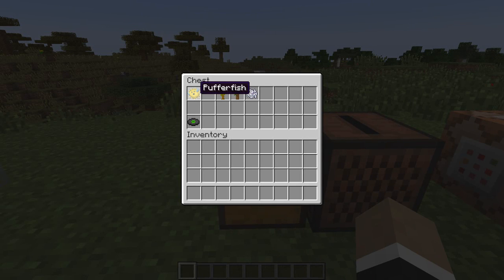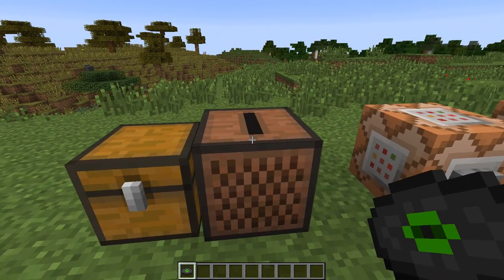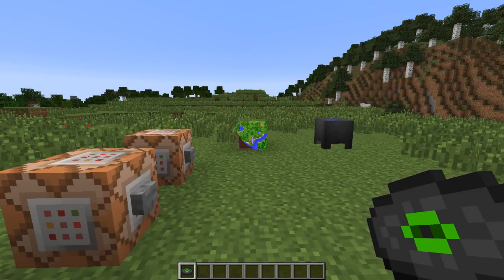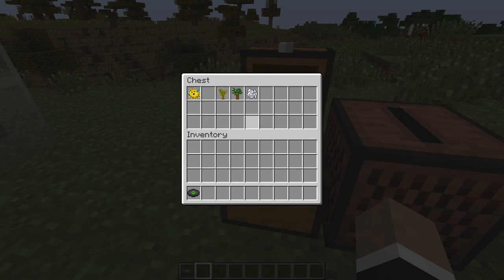First off, the texture for pufferfish was changed. Now it looks like a very surprised ball of spikes with a couple fins on it. I think it's great. Secondly, jukeboxes will now actually loop their music, so we'll go ahead and add the record in, and I guess it'll probably just keep playing as we're going over the rest of the stuff. So here we go. We're going to have some nice ambient music to listen to